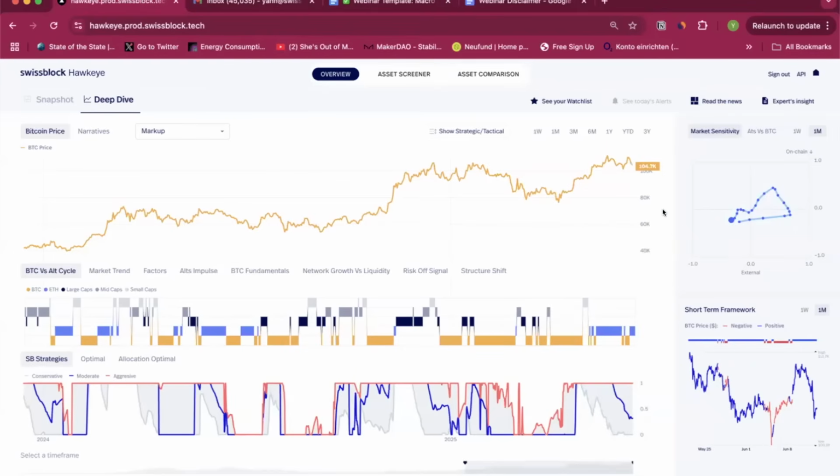What's also interesting when you look at it from that perspective is that what we're seeing today is also a story of relative strength in Ethereum. So we're not just talking about strength in Bitcoin, but for the first time in a very long time, we're looking at strength in Ethereum. And you can see that in terms of structure here. You can see the blue area that indicates a dominant strength in Ethereum.